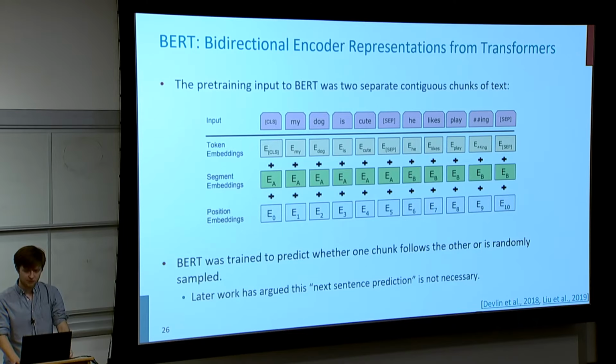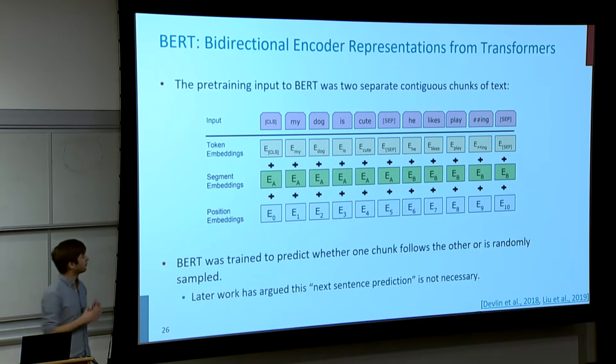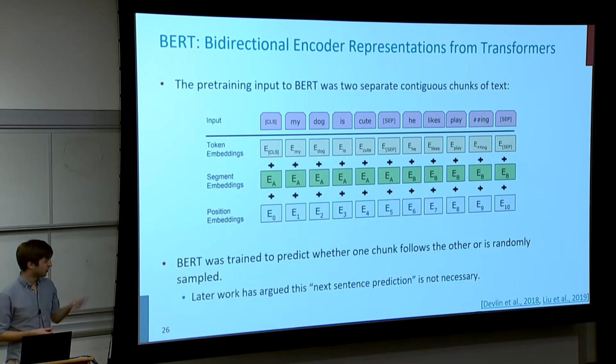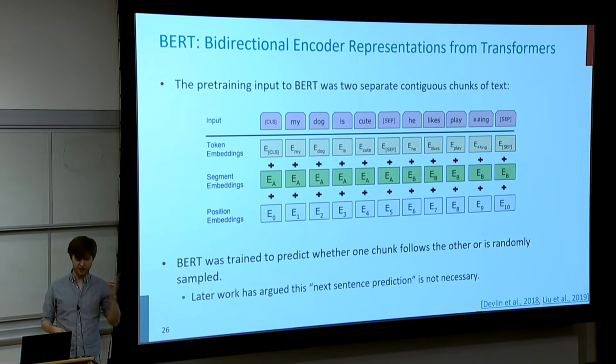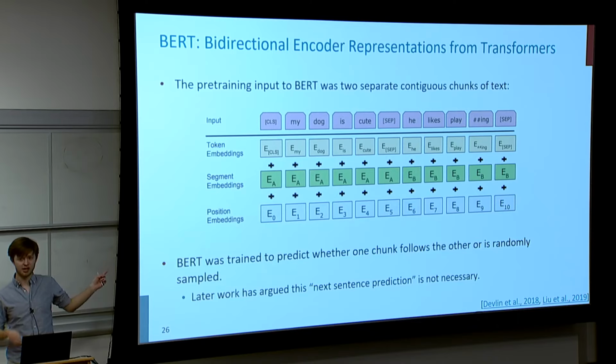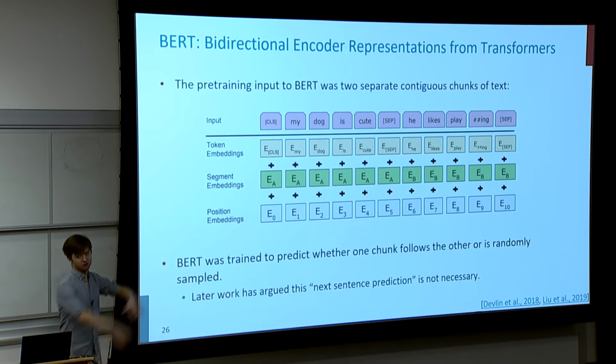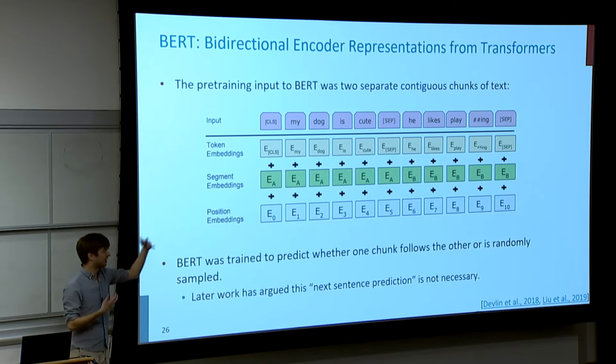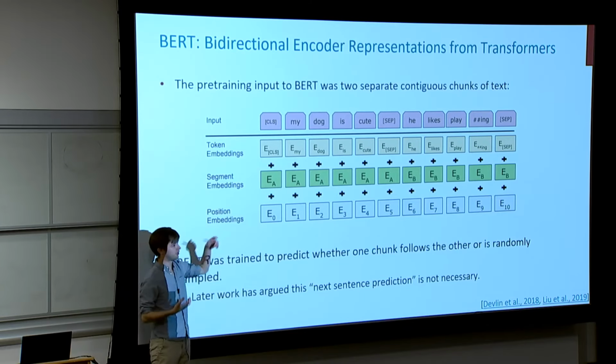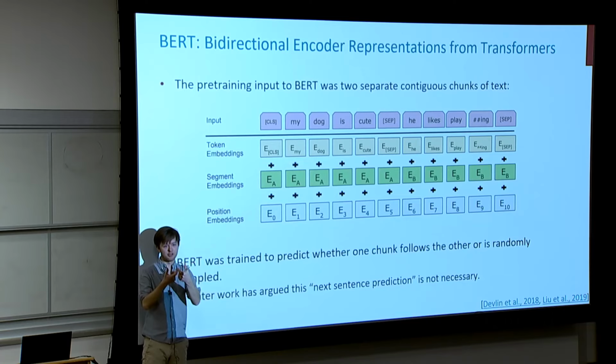Can you explain again why we need to do a next sentence prediction? What about just masking and predicting the next? I missed that jump to the next sentence. Yeah, so the question is, why do we need to do next sentence prediction? Why not just do the masking we saw before? That's the thing. You seem to not need to do next sentence prediction. But, as the history of the research, it was thought that this was useful. And the idea was that it required you to develop this sort of pairwise notion,